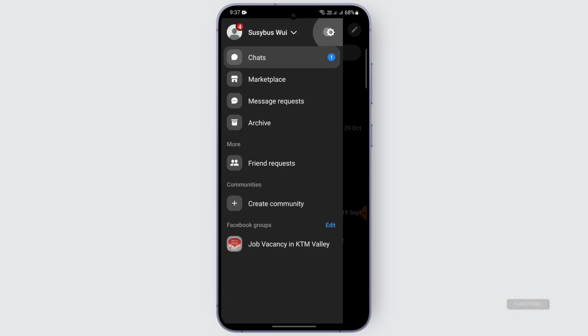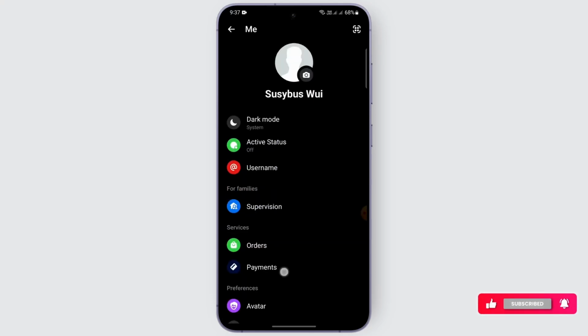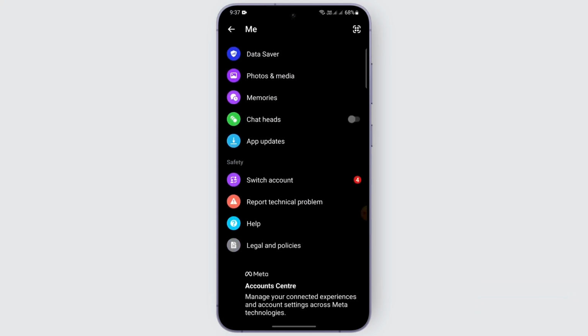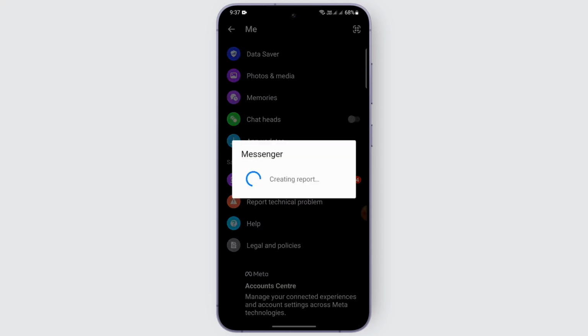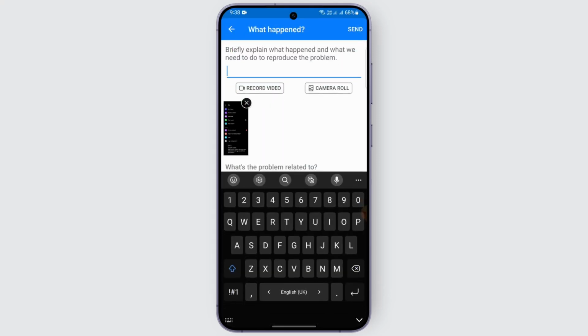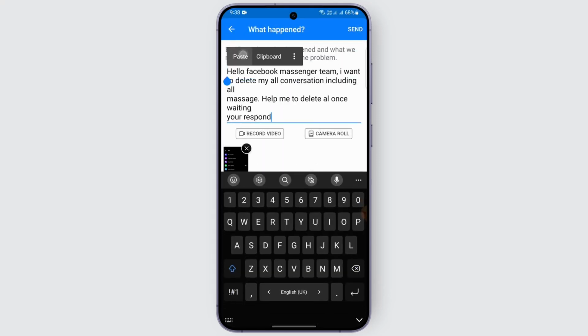After that, navigate to the settings and scroll down until you are able to see report technical problems. So here just click on report anyway, or click on don't include if you want. It will say report a problem. So what you're gonna do here is simply copy and paste this text I'm showing on my screen right now